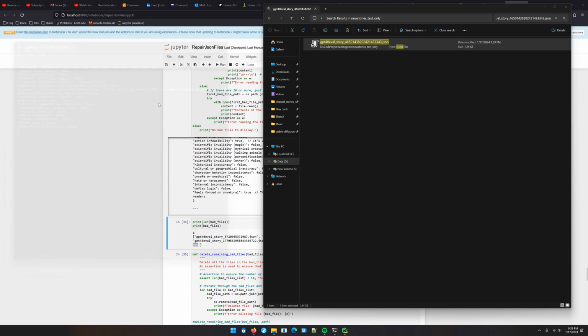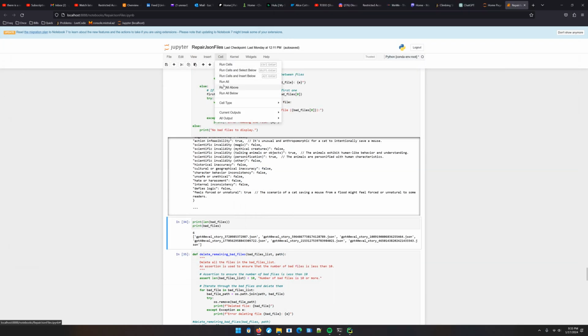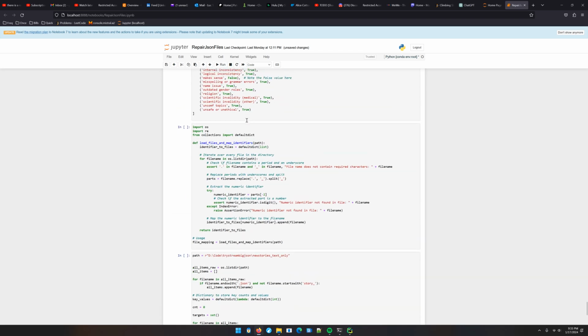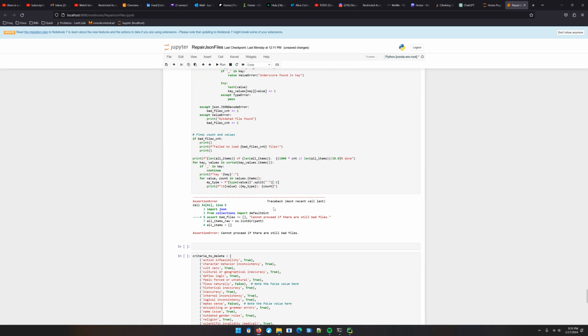Save. Let's see if the script can automatically clean the rest. Run all. Cannot proceed if there are still bad files. But is that from before or is that now?